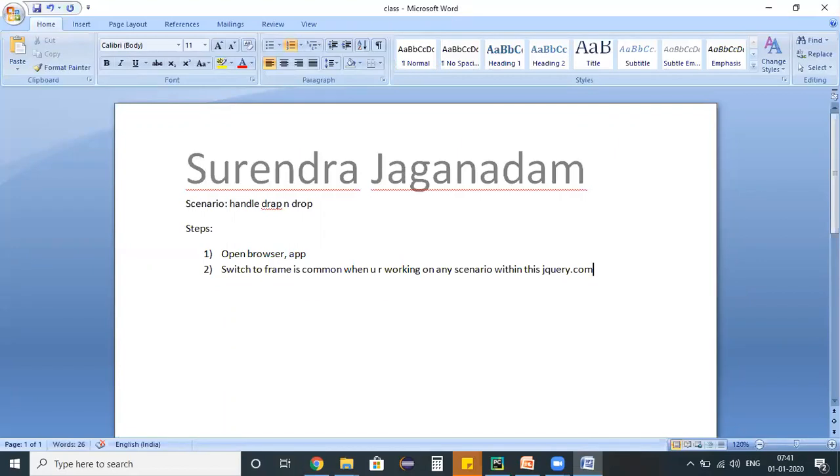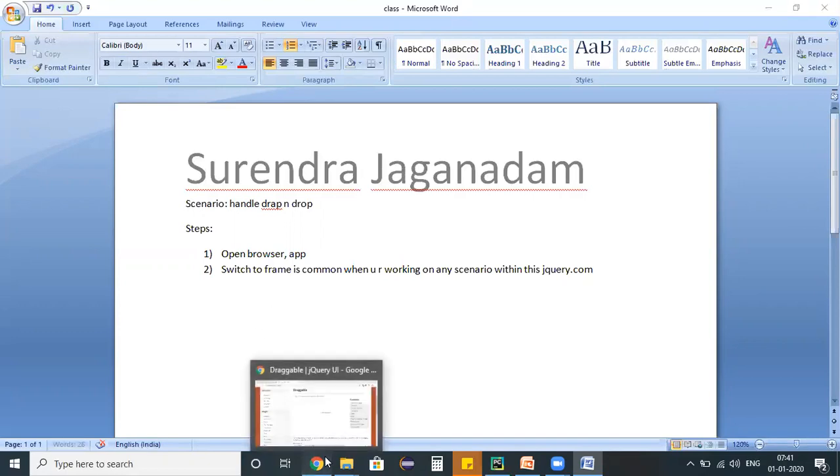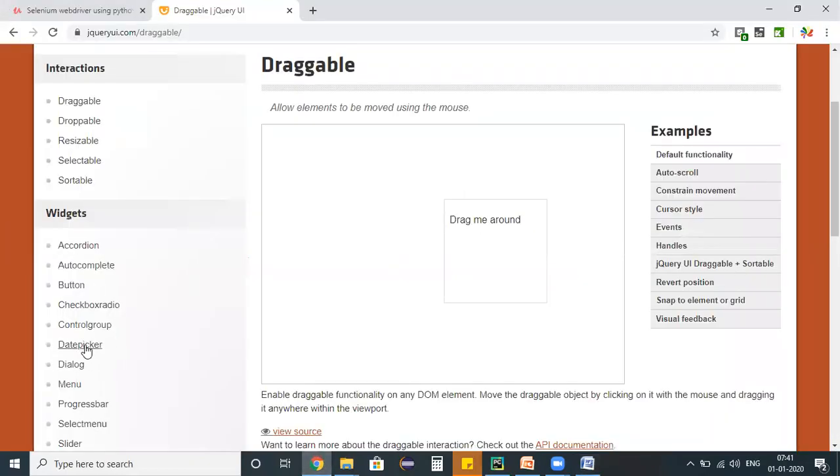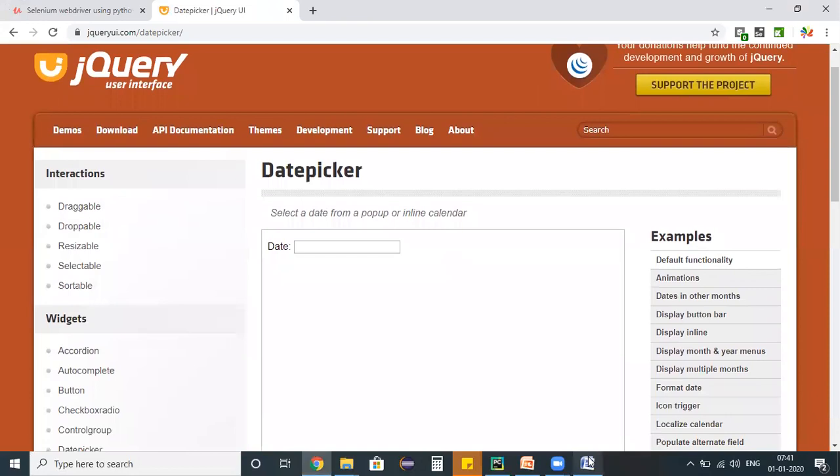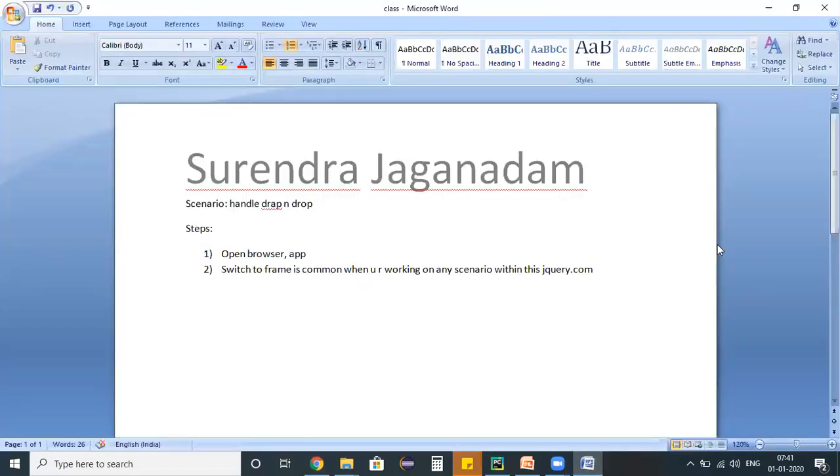Whenever you are working on any kind of scenario within jQuery.com, make sure that you have a switch to frame concept. If you remember in the last session, we have seen how to handle the date picker. It is jQuery UI.com/datepicker, like that. Whichever application you are working on within this, make sure that you are using this switch to frame. And then